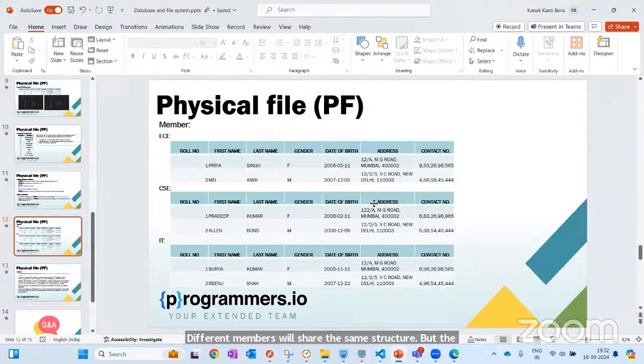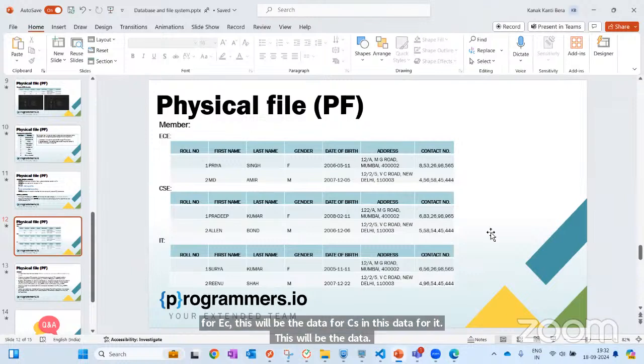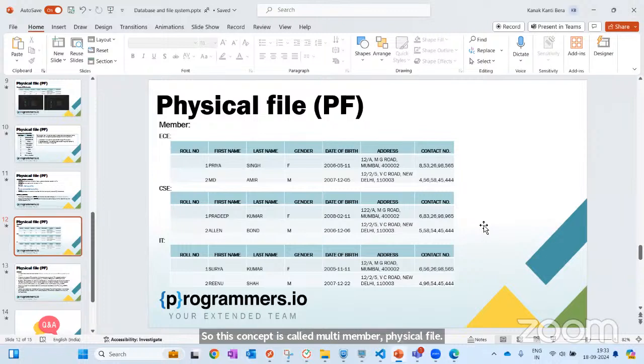So for EC, this will be the data. For CSE, this will be the data. For IT, this will be the data. So this concept is called multi-member physical file. So we can create it as we are